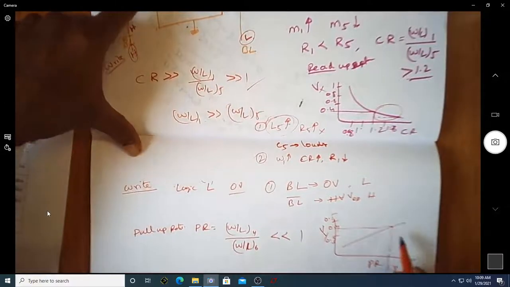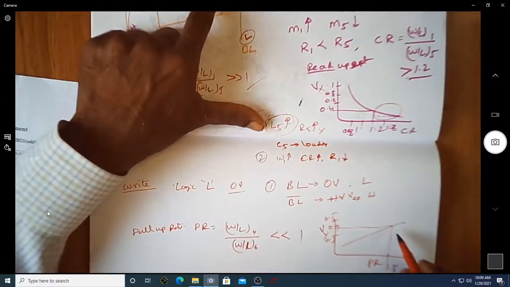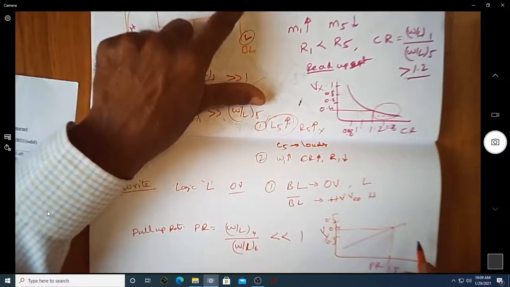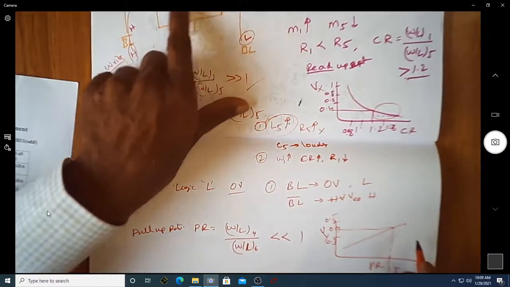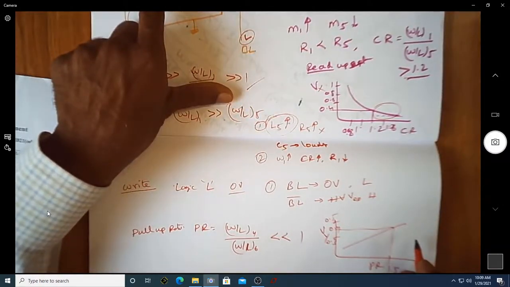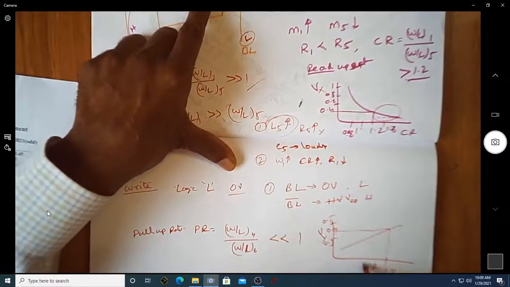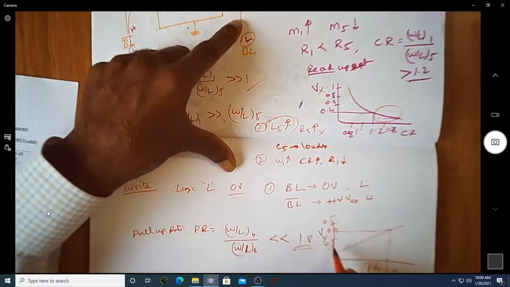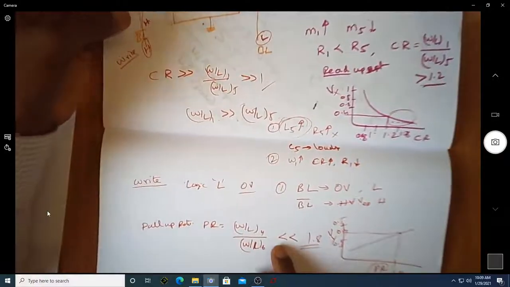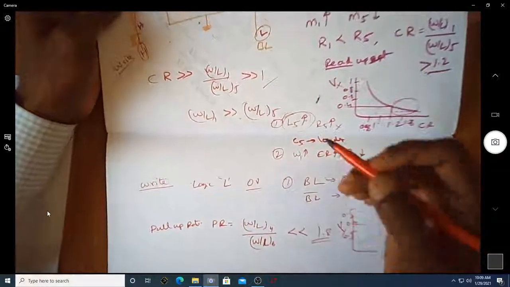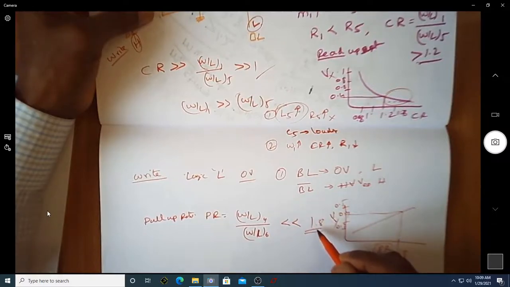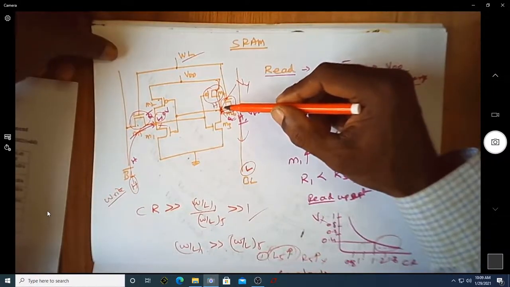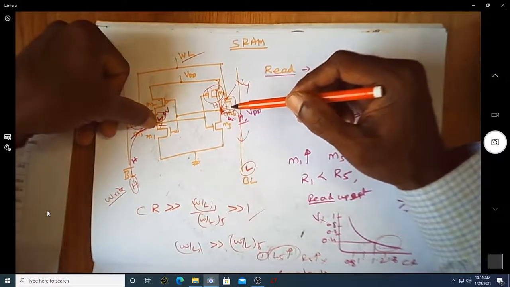the transistor, whatever high you have, should actually be discharged. If this discharges, then this becomes low. When this becomes low, this turns off and this one is going to turn on. Basically what we want is the PR value to be far less than, in this particular case, 1.8. What is the meaning of far less than 1.8? It will make sure that the voltage at this node Y goes below 0.4,